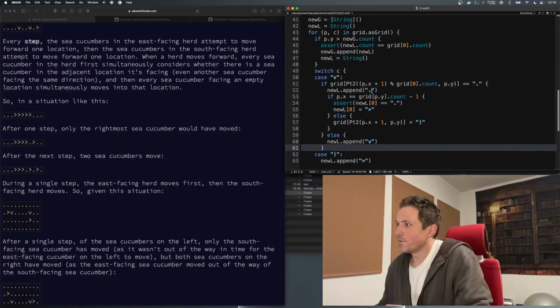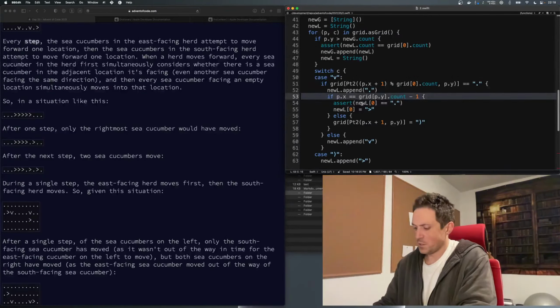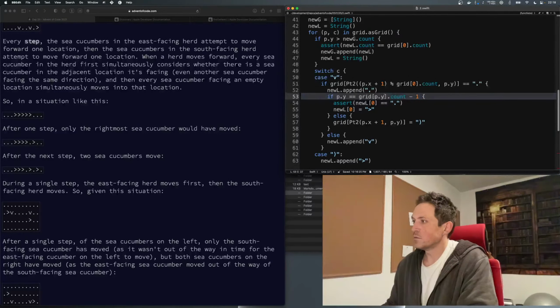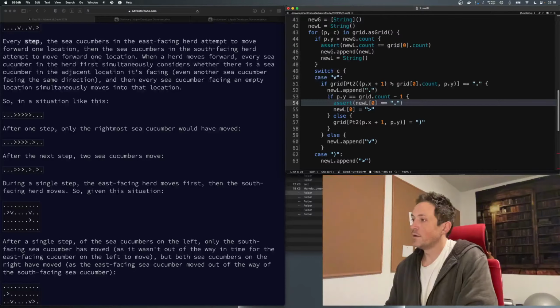Okay, if it can move, then we're that. If P Y minus 1, then